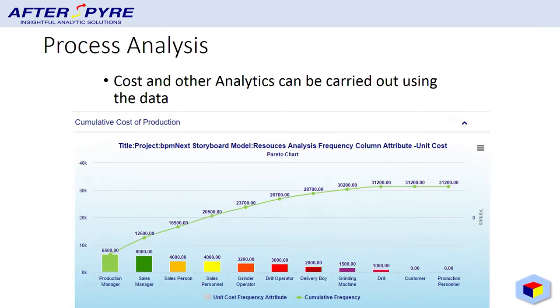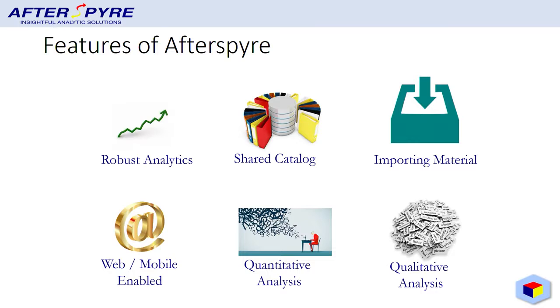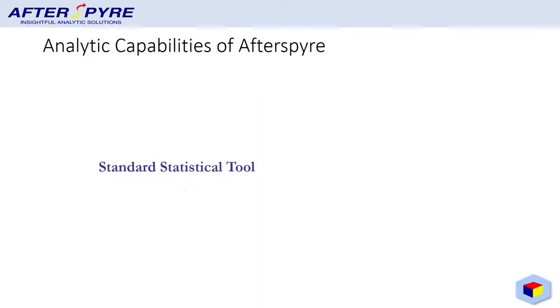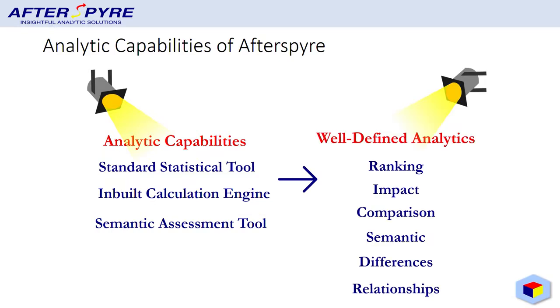But really, the whole point of Afterspyre is that you have a common repository for all this information, what you're pulling in from different parts of the business. And this makes it important because you now have what is called a shared catalog. And the shared catalog helps you to do the quantitative and qualitative analysis using also semantic models, which then help you to create better decisions based on stuff which is actually stuck in all these other tools. So the standard statistical tool, the calculation engine, also delivers well-defined analytics such as ranking, impact, comparison, semantic, and we'll